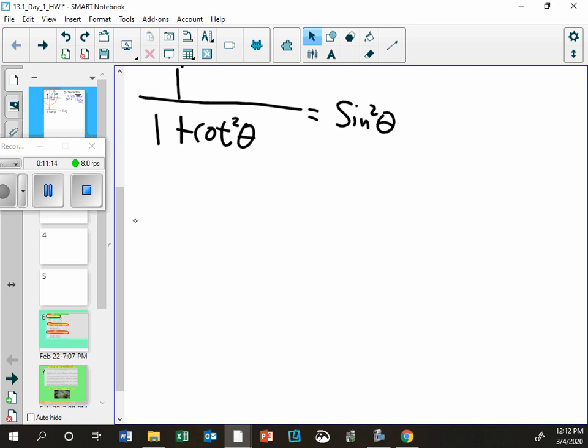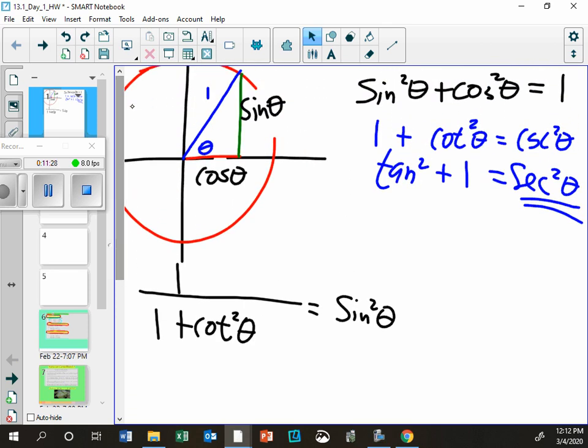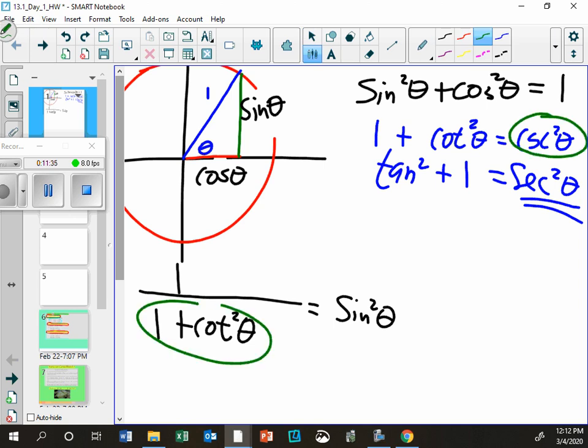Know what I mean? It's really hard to picture that or to understand why that would be true. So then you just have to go back to, well, what are some facts we know? I think some of you are going to be able to see the 1 plus cotangent really easily. Oh, that's just cosecant. So I can take out 1 plus cotangent and put in a cosecant. So here's how I would show my work.